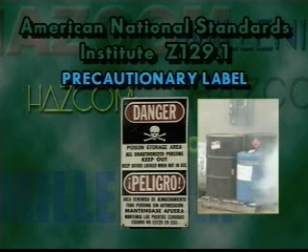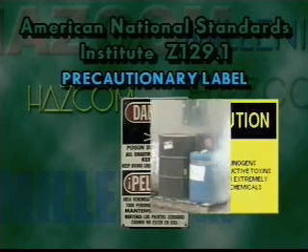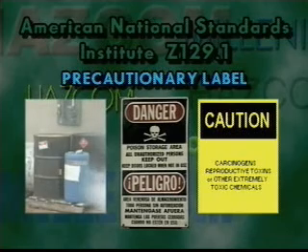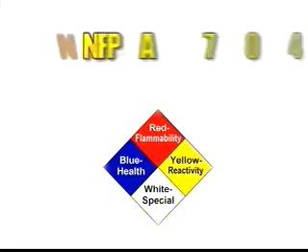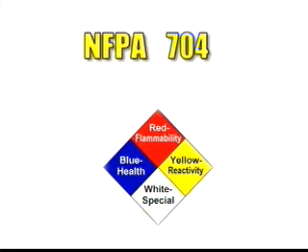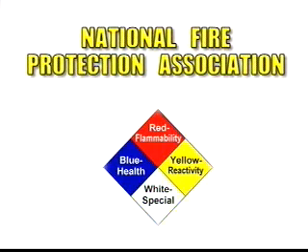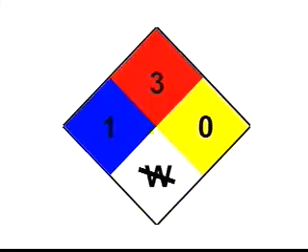The ANSI, or American National Standards Institute, Z129.1, has a precautionary label containing the name of the chemical, a signal word, such as warning or danger, and the key hazard, such as flammable or vapor harmful. A statement of precautions to avoid the hazard is also included. NFPA 704 is another labeling system, which is a color-coded system. It uses a color-coded diamond with 4 quadrants, in which numbers are used in the upper 3 quadrants to signal